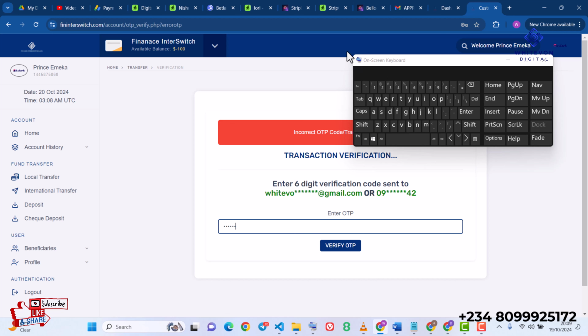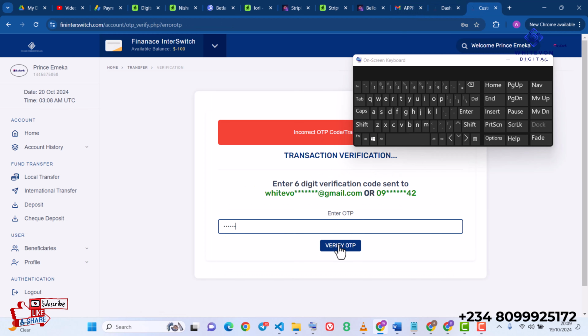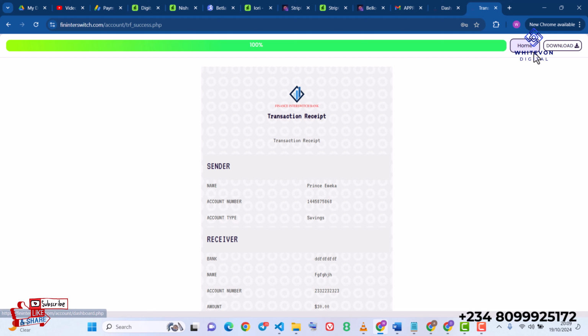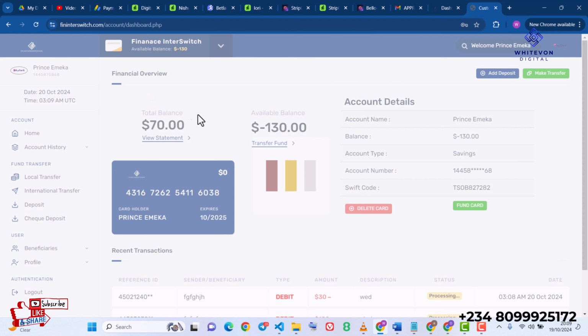335540. I think the code is correct, right? Then I'm just going to click on verify OTP, guys, and then it says transfer success. Then I'm just going to go back to home, guys, and then here we have our user's dashboard, and then